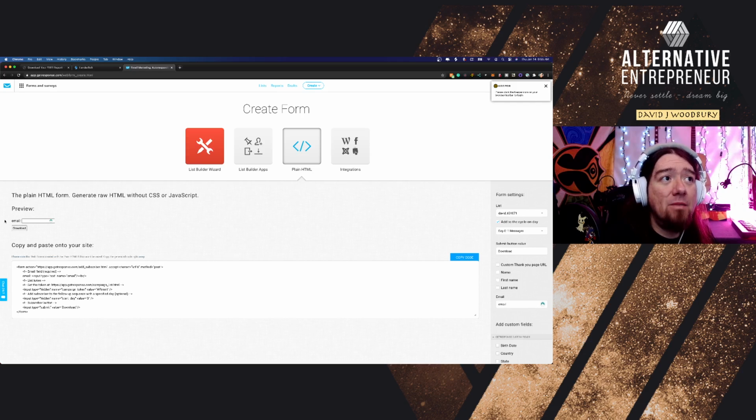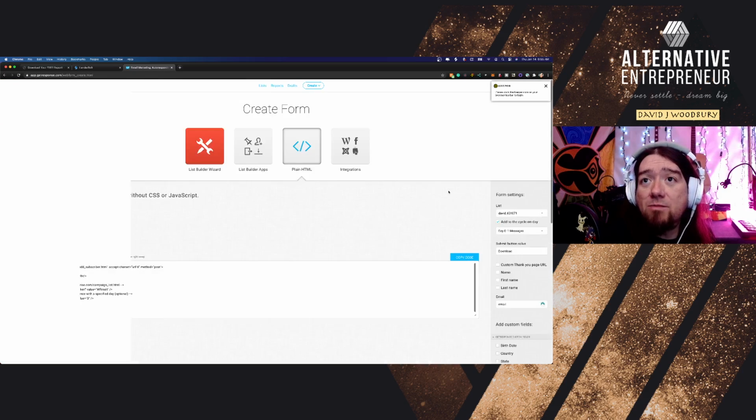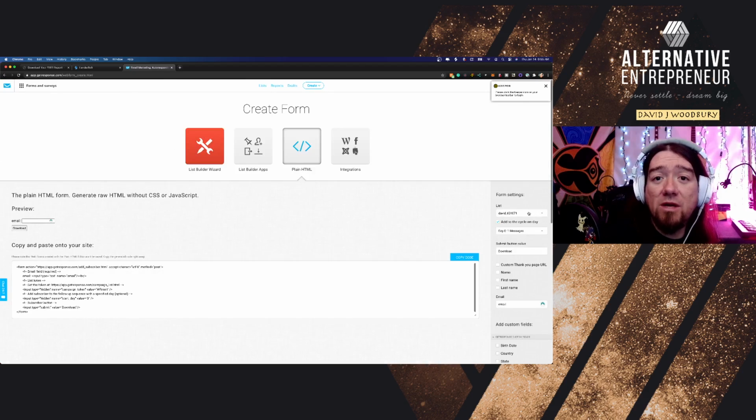So I have this set up. This is the preview right here. You'll see what it looks like. I've got the email, then download. Right over here I got my list set. On GetResponse, you can set up whatever list you want your emails to go into, and then the autoresponder. So if you have an autoresponder already set up for this list, we can set it up to go out